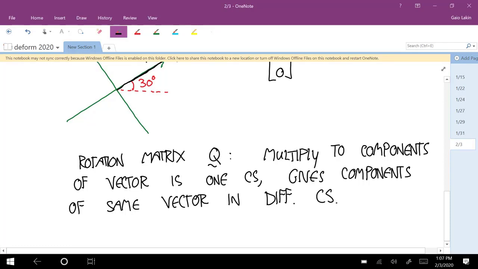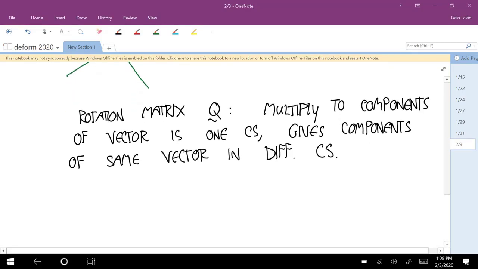So I'm going to give you the general rule for coming up with a rotation matrix now. This is probably not the one that you're going to use in practice, but